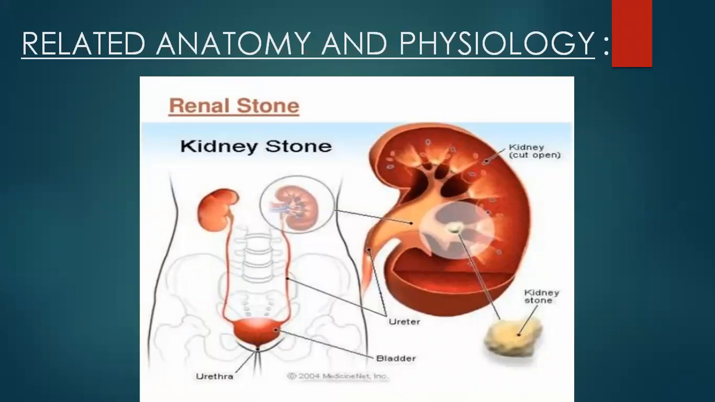Now come to related anatomy and physiology. Here you can see the picture of kidneys. The kidneys are a pair of bean-shaped organs on either side of spine, below ribs and behind the belly. Each kidney is about 4 to 5 inches long,